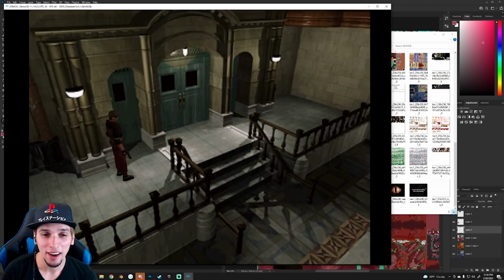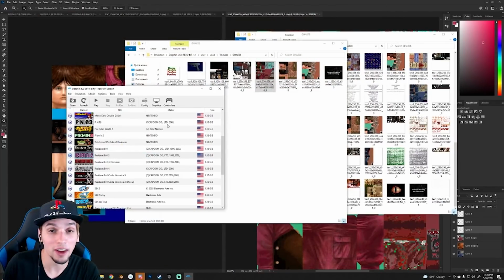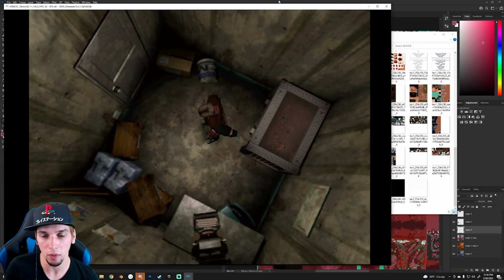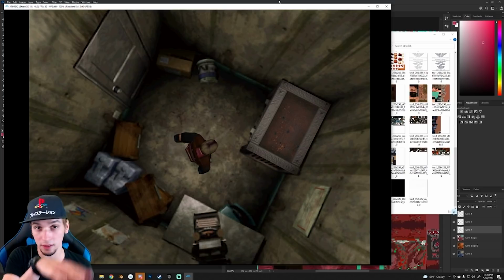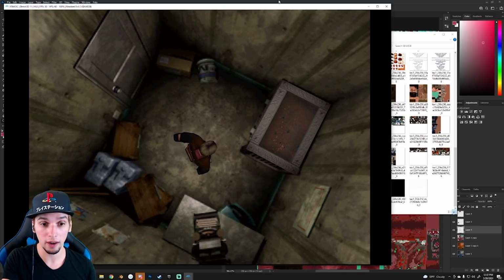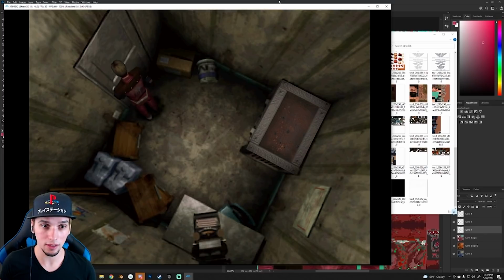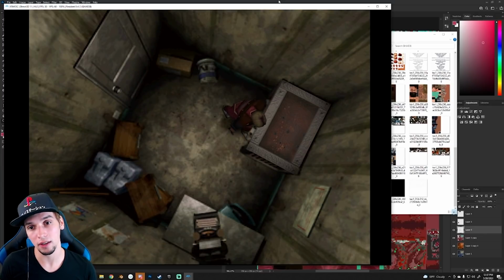But now I want to try something that might actually be a little easier. I want to try modifying a room. There we go. This is the room that I want to modify. Wow, what even is this game anymore? Leon doesn't even look like himself. So, this is a really simple room. It's just a square, but you have to keep in mind all the things that Leon walks into and can't walk over, you have to account for those. So, like these boxes, and I have to remember that the door is here. You know, this stuff goes here,